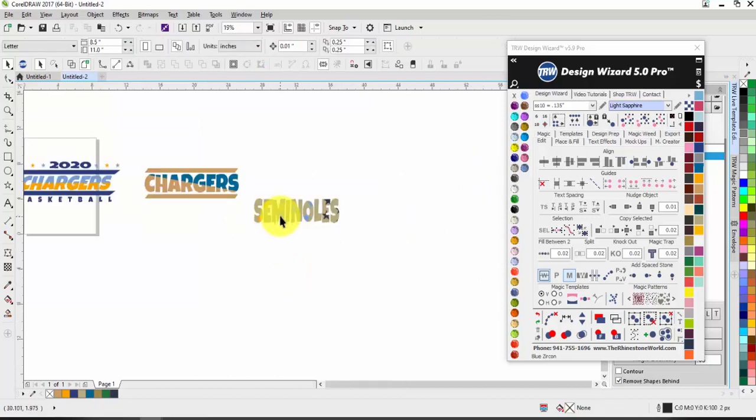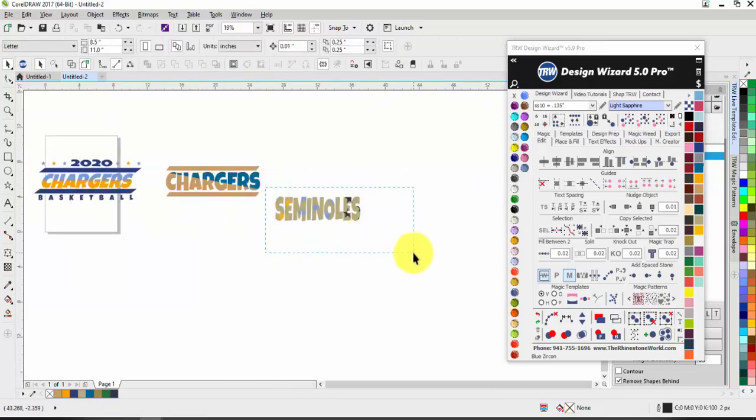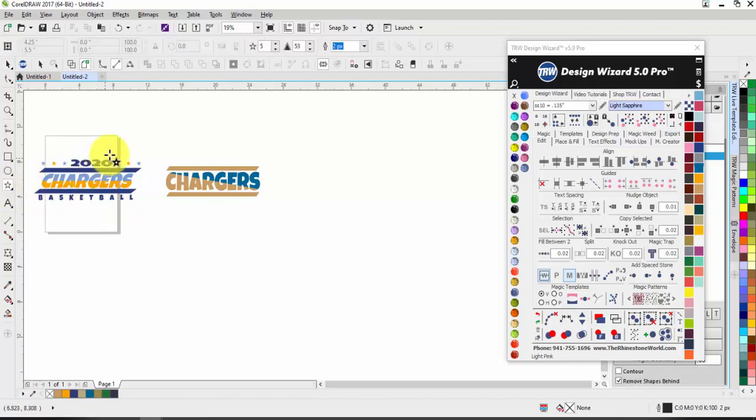All right, perfect. All right, so that's some of the features on the edit tab there. Another really popular one you'll see us use is the fill between two. Now the fill between two can be used with rhinestones or just different objects in general, like clip art, any shape. So a lot of times when we're designing, you might see us use like the star tool,